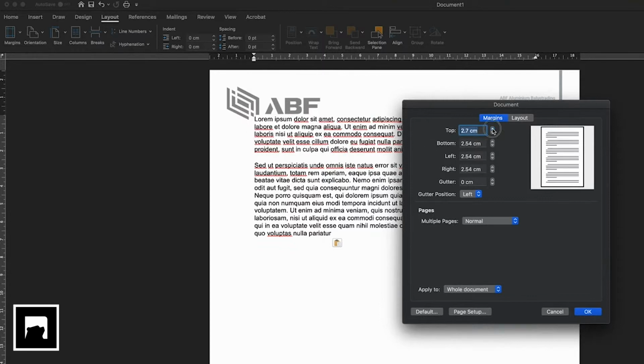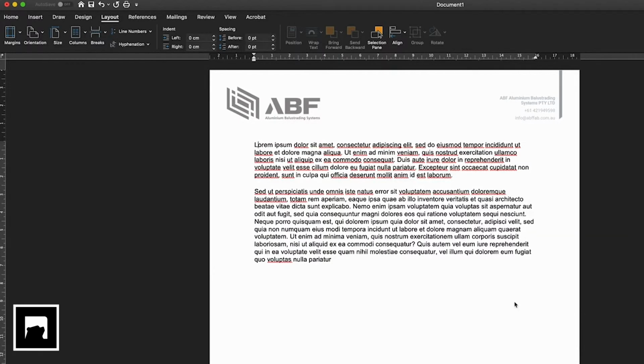So I'm going to put it at, let's go 4 centimeters. And the bottom, let's just go 3, and apply to the whole document. I can change the left and right, but I just want to check the top and bottom first. Cool.